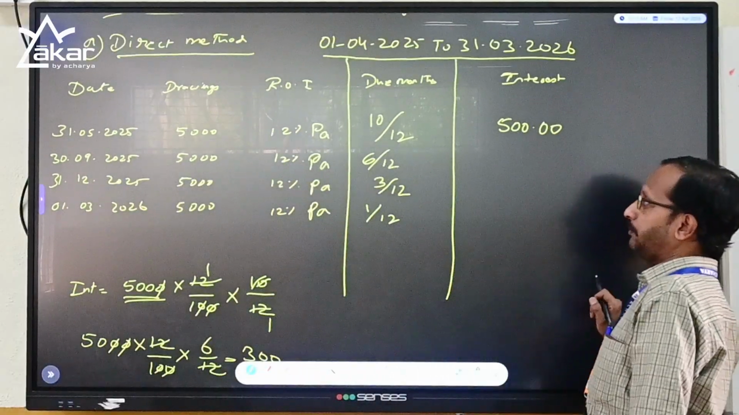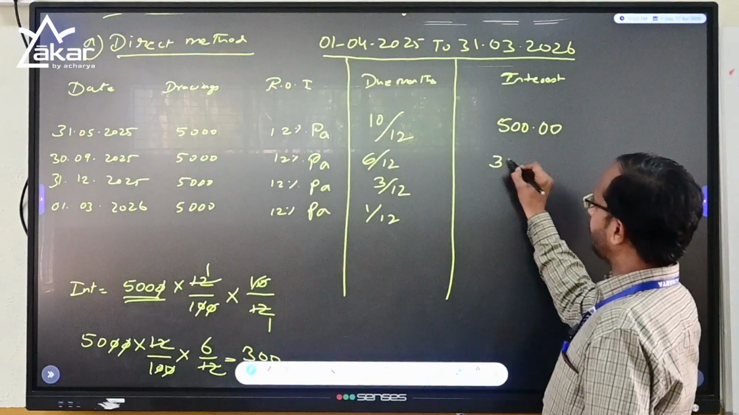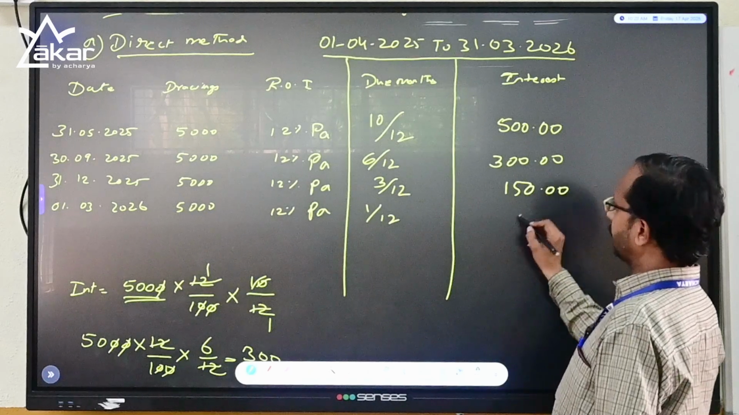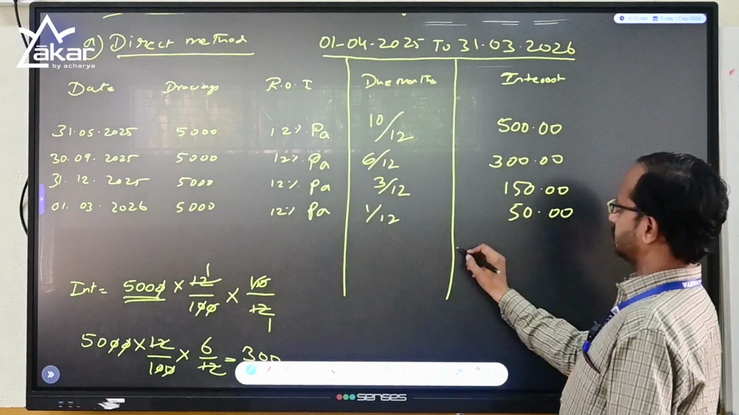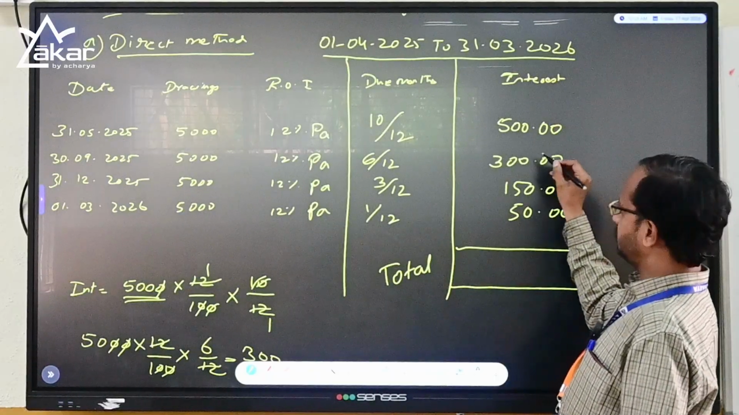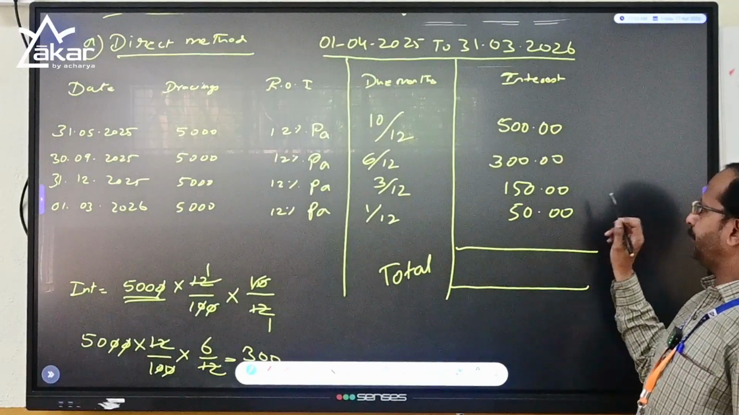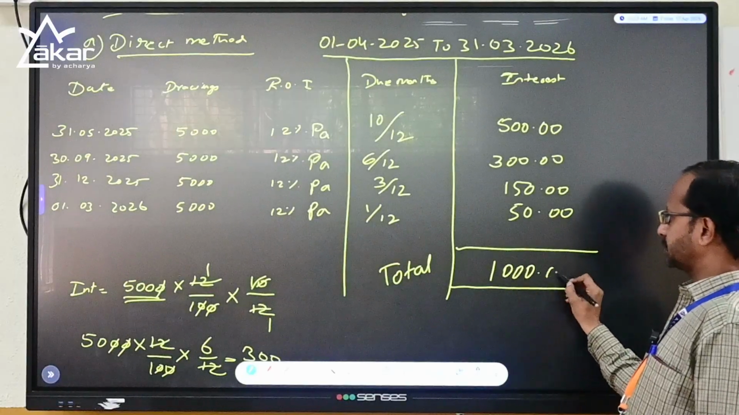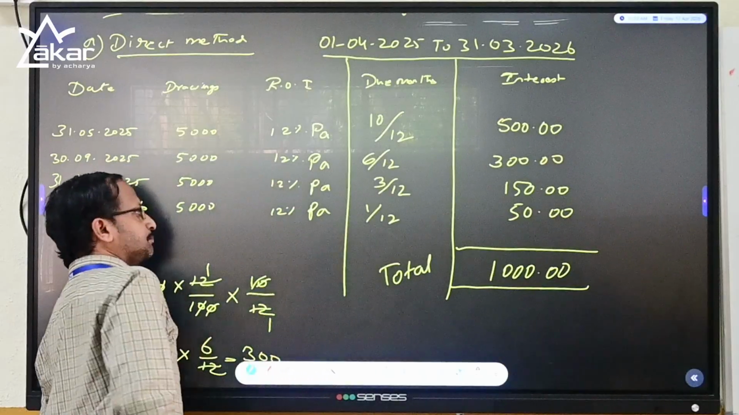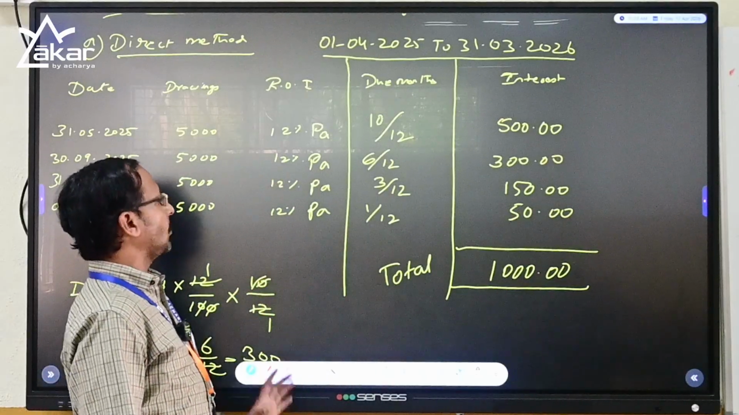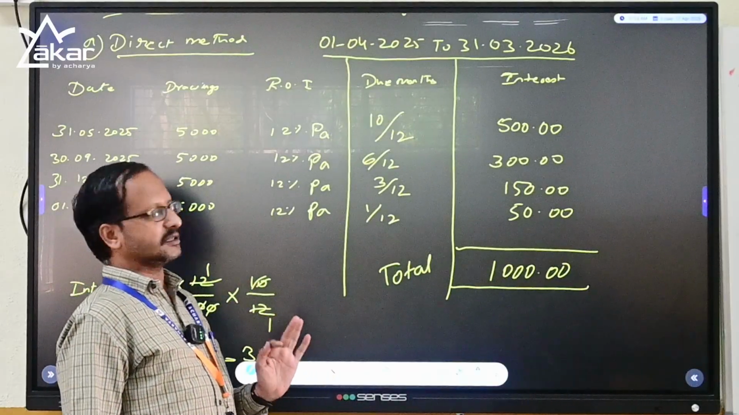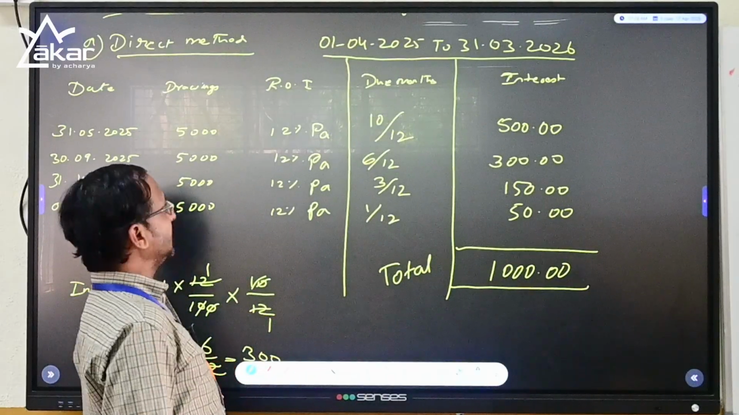So the first month interest will be 500, and second month 300, and the third month 150, and last month 50 as per our calculations. So the total drawings will be 500 plus 300, 800, plus 150, 950, plus 50, 1,000 rupees. Is it clear? So this partner who has withdrawn the equal amount in 4 equal installments during a month, and the payable interest is 12%, then he has to pay 1,000 rupees in a particular year,